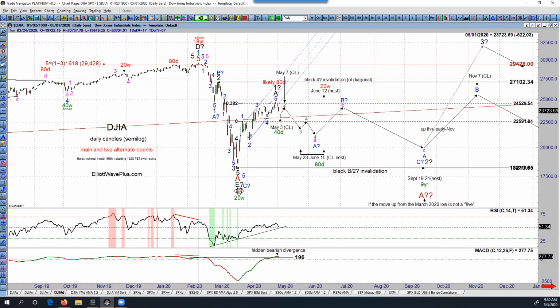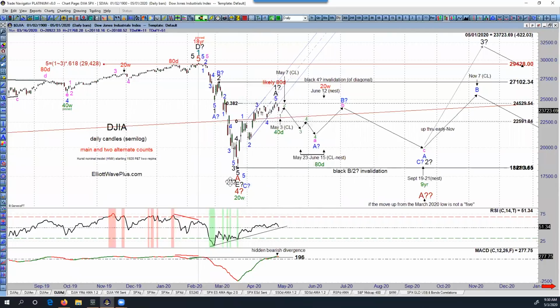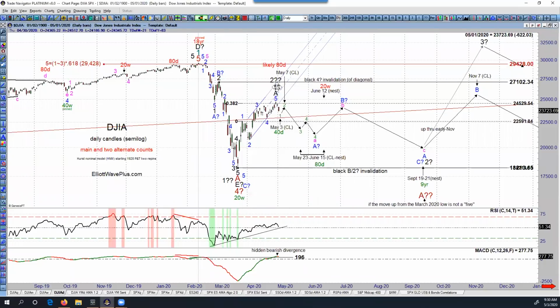And therefore, it's worth considering that this was, and I'll use this as the double question mark, this was a wave 1 in 5 waves, and this was a wave 2, because it's up in 3 waves. And if that is the case, then we would get basically a deflationary crash, 3rd wave down. Next, what other evidence is there